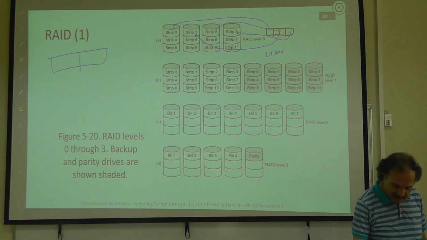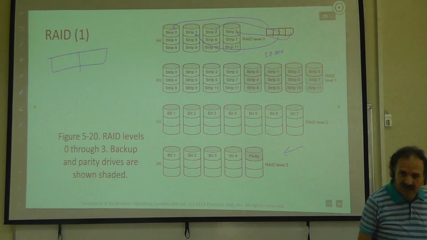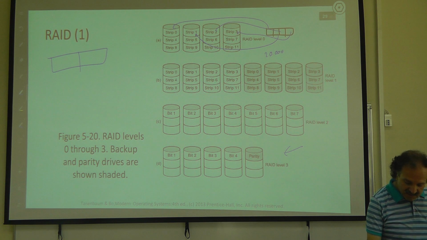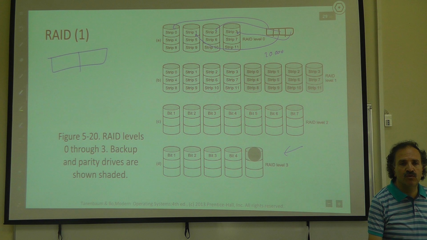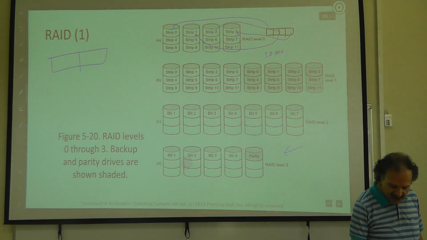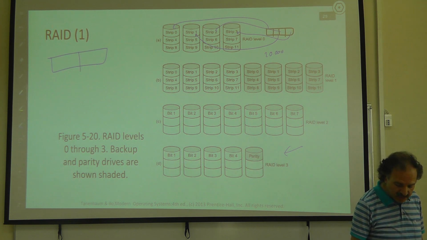Again, sometimes I can use the parity disk. This is a parity disk. What is parity? If these are my 4 bits, there is a parity bit here. So for a byte, I have 2 parity bits. If one of these crashes, then I can recover the content of that disk from